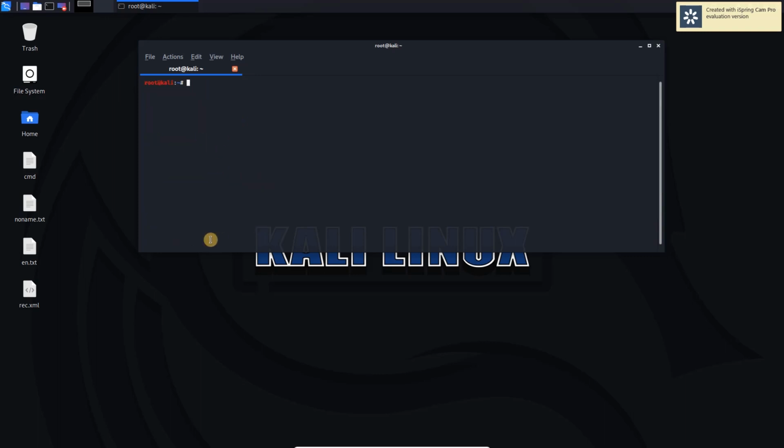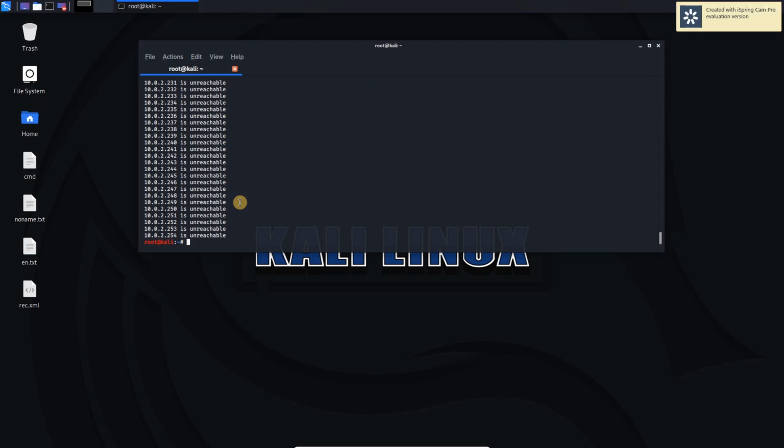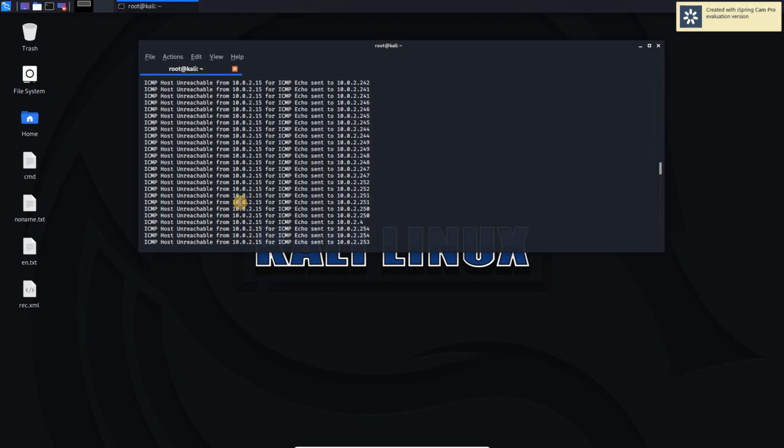So now let's check some more commands. We can also use the netmask to scan the IPs. For that we will be using -g, and we will just type /24 here, so it will be the netmask. It will scan all the IPs from 1 to 255, and if you put the option -r and then 1, then it will repeat only once. So let's see what happens. You can see that it is scanning all the IPs up to 255. So it has scanned all the IPs.